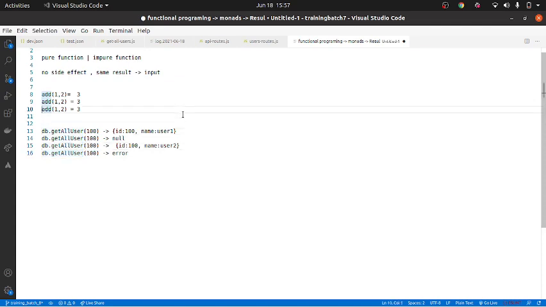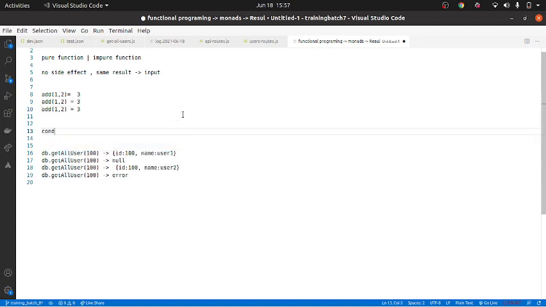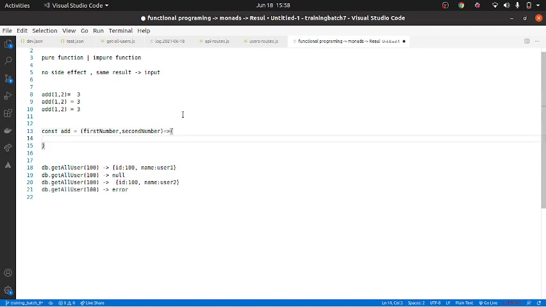So again, let me do add only. I'll just write this function: const add equal to first number, second number, and here I will return first number plus second number, correct?